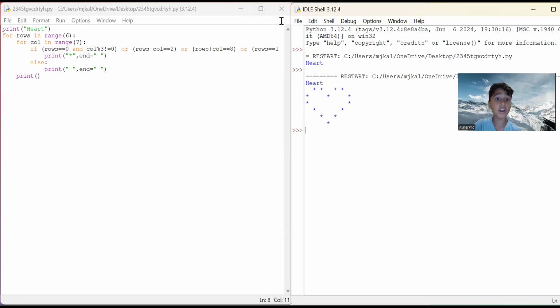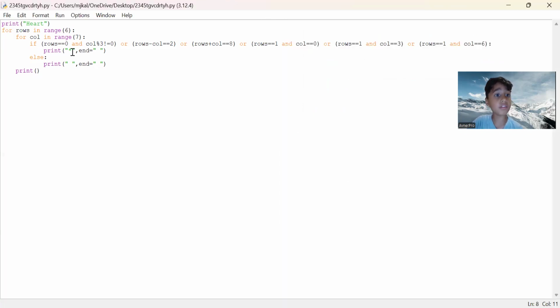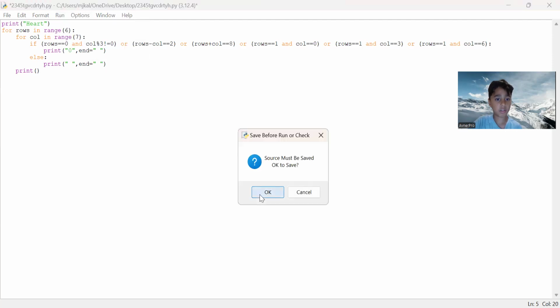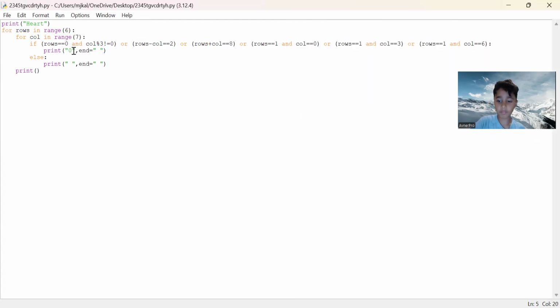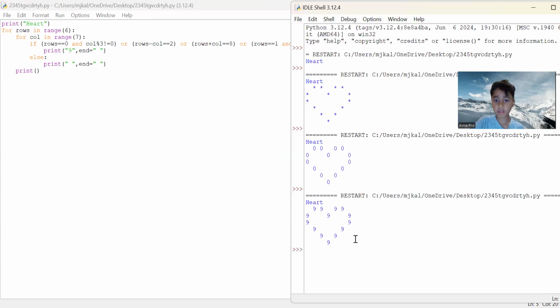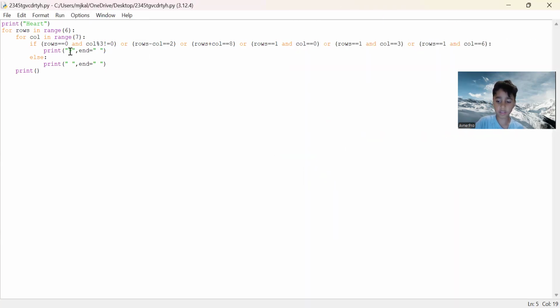It's printing our heart shape, and it prints our star, okay? Or else it just prints space and prints on a new line, okay? So guys, let's change the star into 0. So let's change it into numbers. We write our 0, right? We can write 9, and if we run it, it writes 9. Here, if we write, let's say 7,